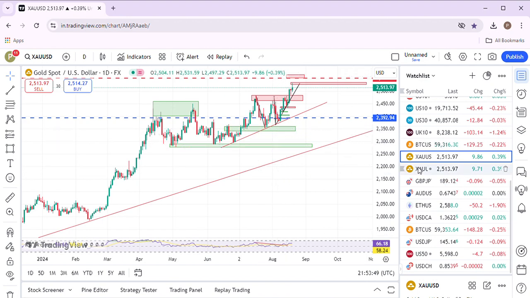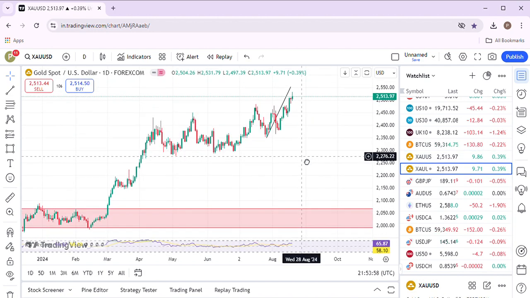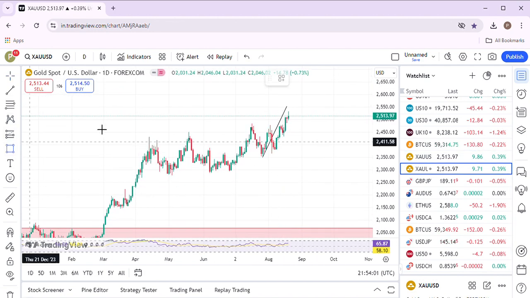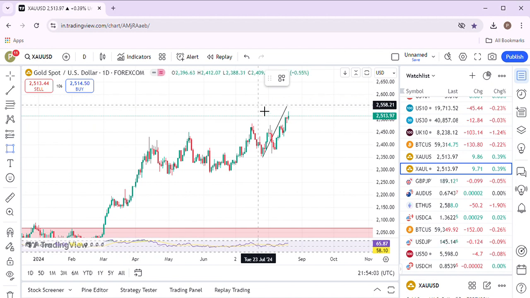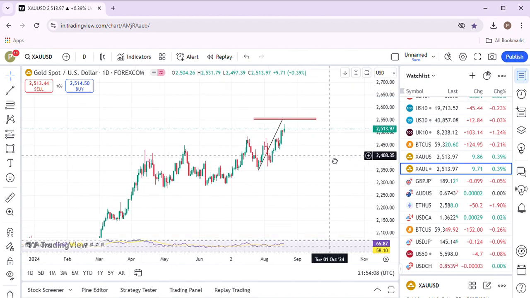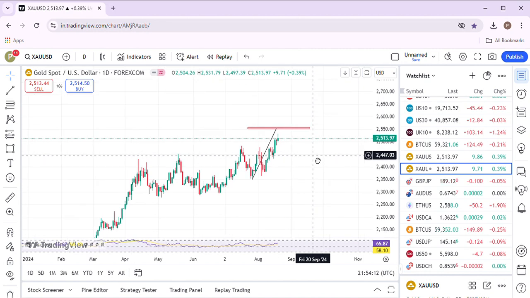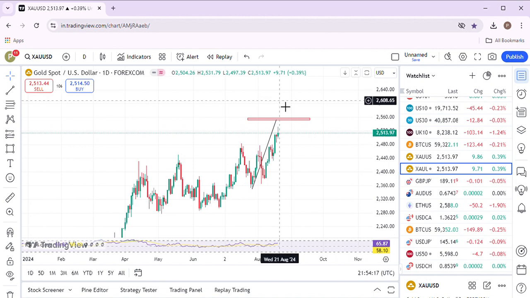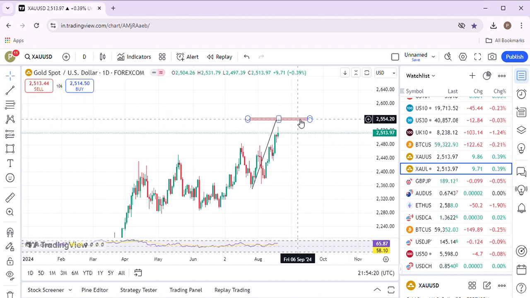So when it reaches here, what I will assume is that the whole market, which is on a bullish pattern, will complete near these two areas, that is 2520, 2525 and 2567.34, and this is going to be my expected sell level. So first thing, if the market bounces off from here, it will drop towards